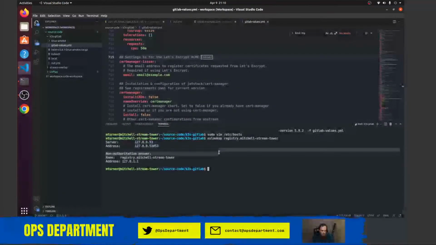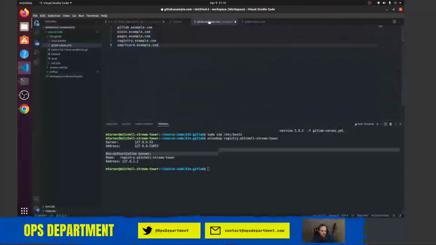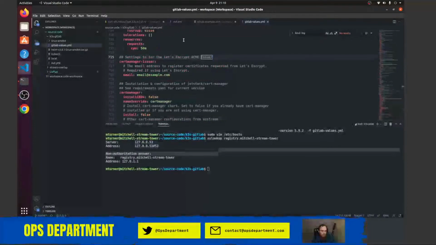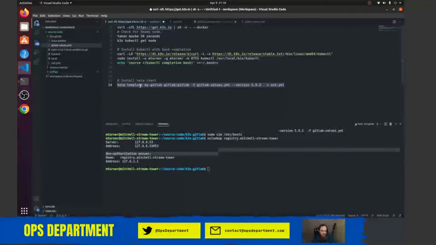So I'm going to go ahead and tell it that it can install this. Now what I'm afraid is likely going to happen is I'm going to need to put in my Docker credentials to get this to work,